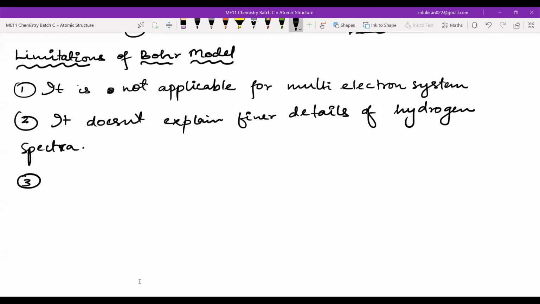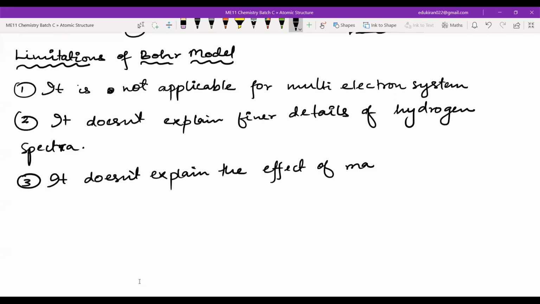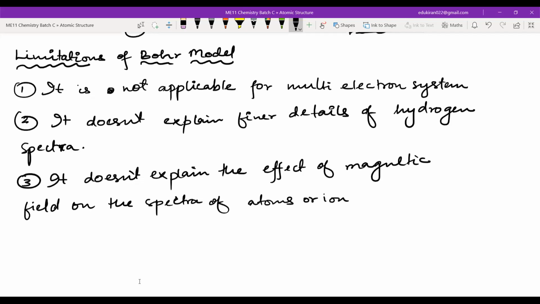Third point, please say it doesn't explain the effect of magnetic field on the spectrum of atoms or ions. The effect of magnetic field on the spectra of atoms and ions is known as the Zeeman effect. Fourth, it didn't explain